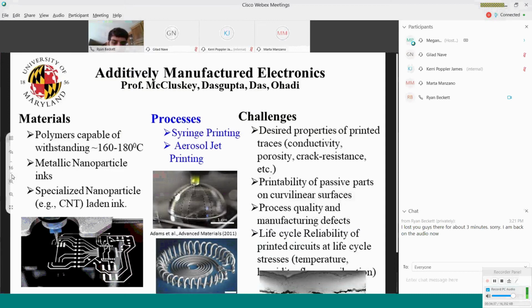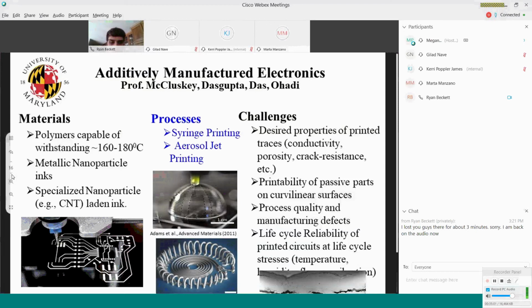Then the next thing was, could we make 3D structures with 3D printing? So could we not only print the circuits, could we also print the pins? Could we print the connectors? Could we print some of the components? So we're actually looking at all those different areas of additively manufacturing electronics, both on this slide, which talks specifically